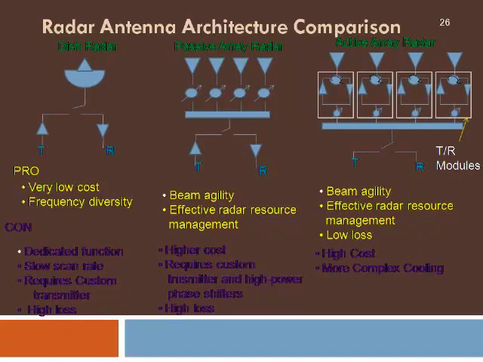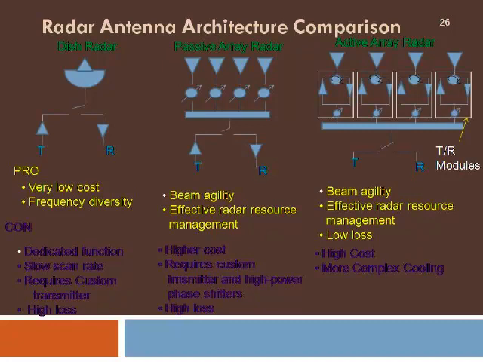The third variety we have is active array radar, wherein the antenna is connected with transmitter receiver modules, and the power required for the antenna is amplified by the amplifier connected at the back of it. The receiver is also placed right there so that the received signal is processed to a first stage and only then down converted to the receiver. Hence we have multiple transmitter receiver modules connected to different antennas, and you can have a single beam or multiple beams simultaneously with this.